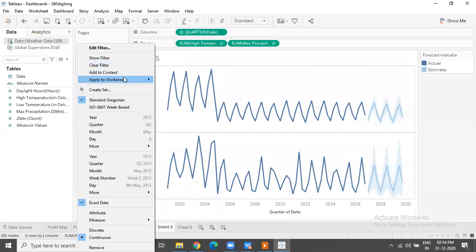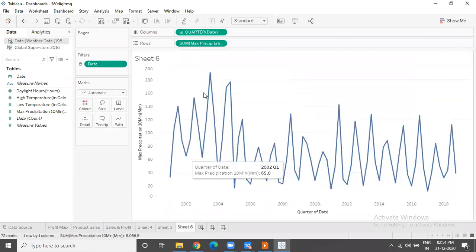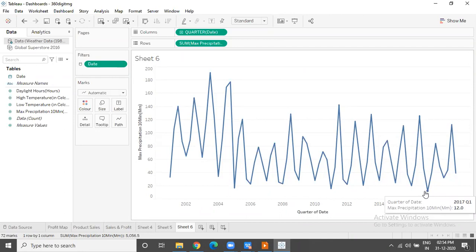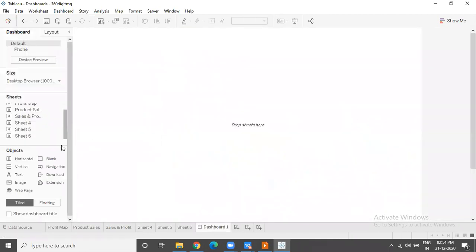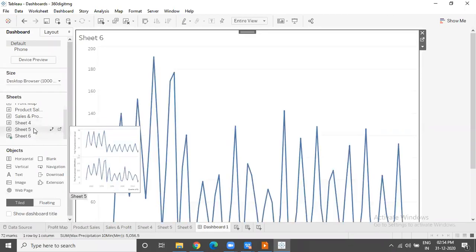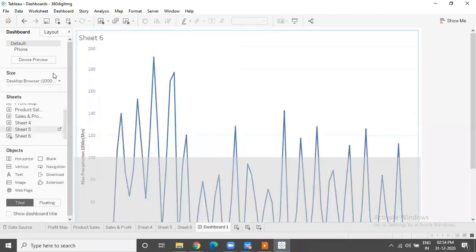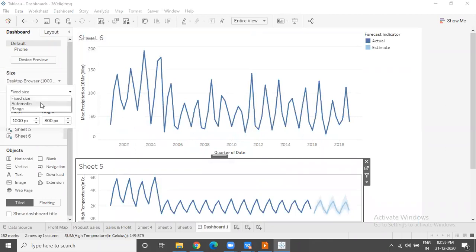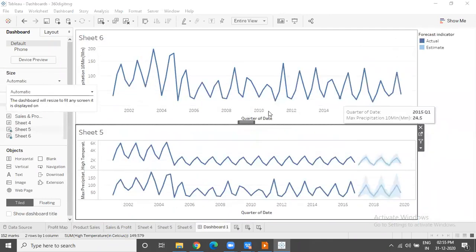We will apply this filter to all the worksheets. So we have the actual data here. 2017 actual precipitation was 12 millimeters. 2017 quarter 2 is 40. So this is the actual data, and this is what I have estimated. So we can do a manual comparison like that.